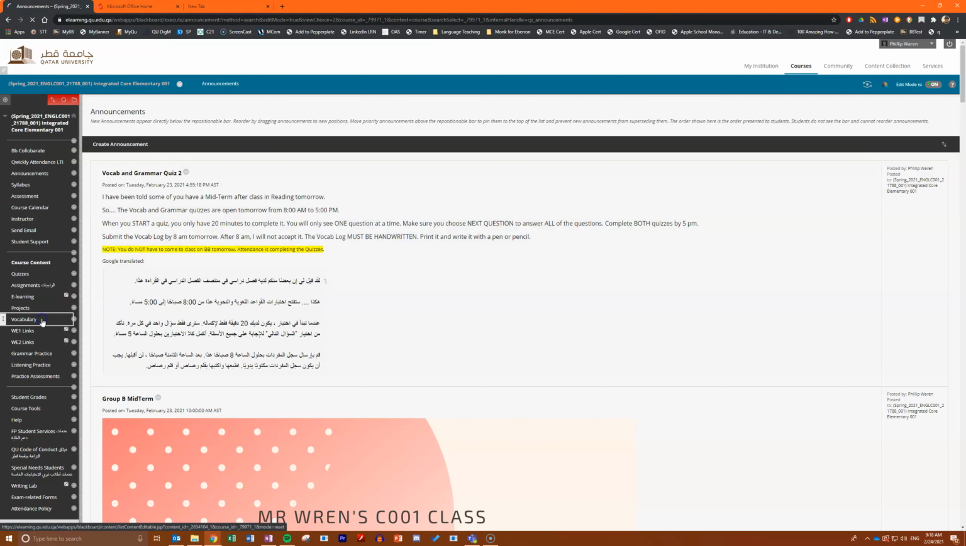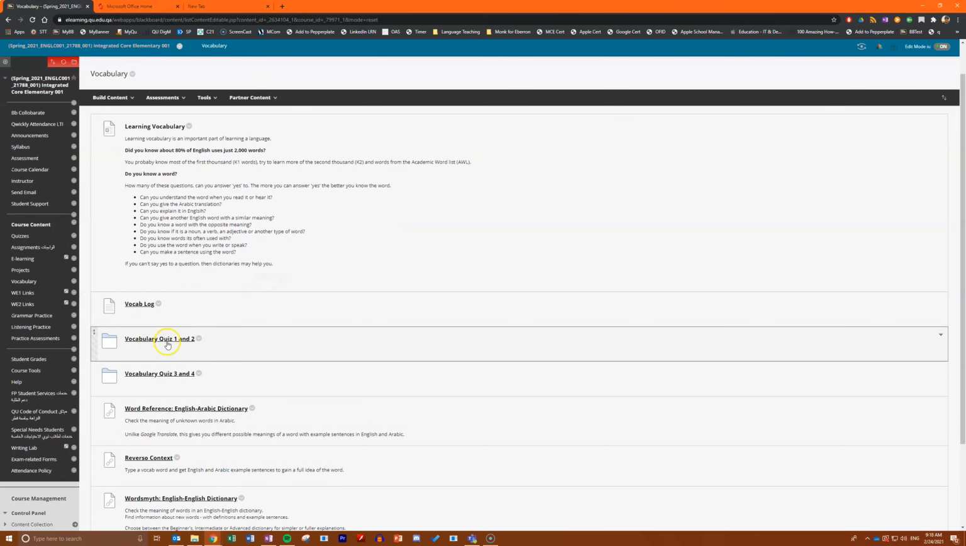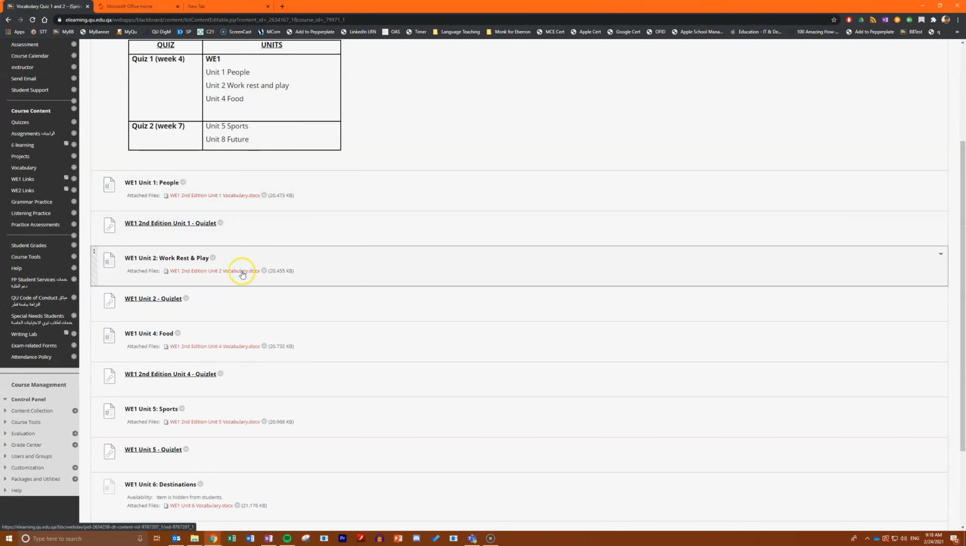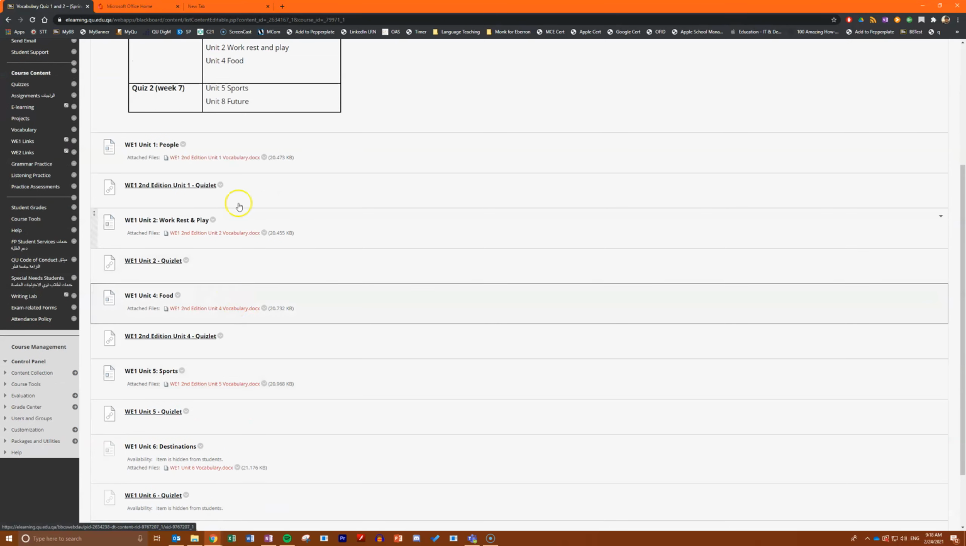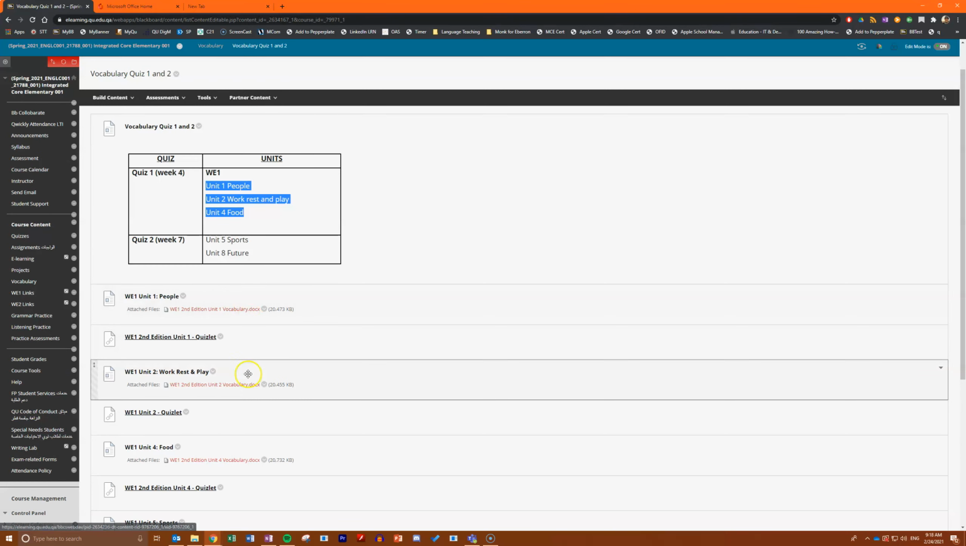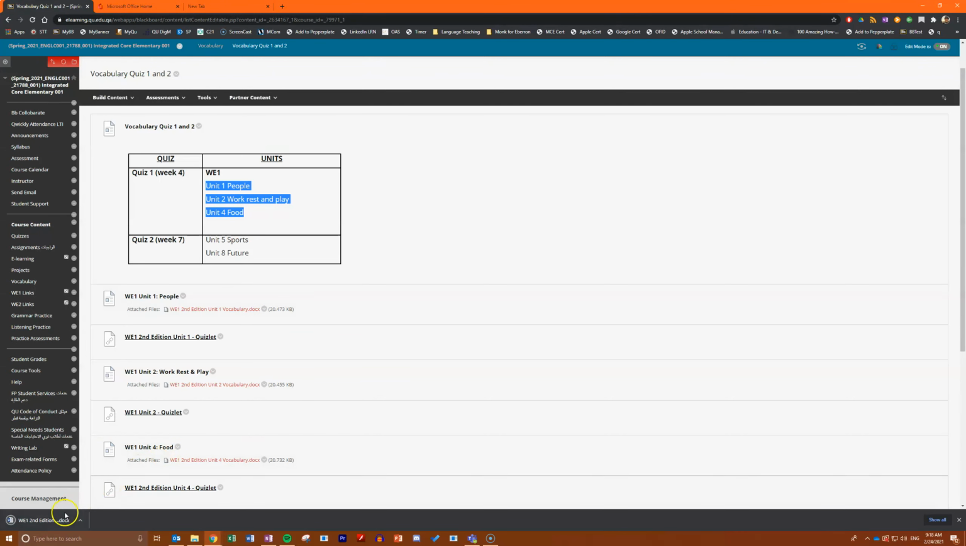Vocabulary. Vocab, Quiz 1 and 2. And here are the Word documents. Quiz 1 is Units 1, 2, and 4 for C001. We have 3 different Word documents. Download one of the Word documents, Unit 1 for example,